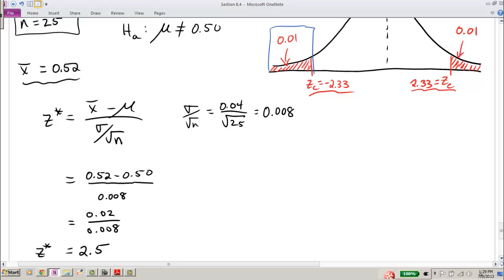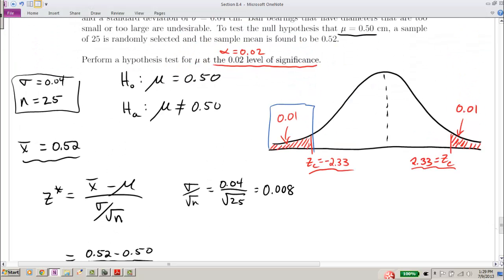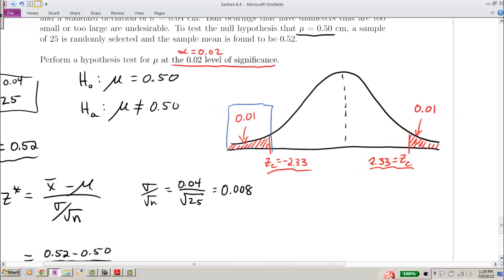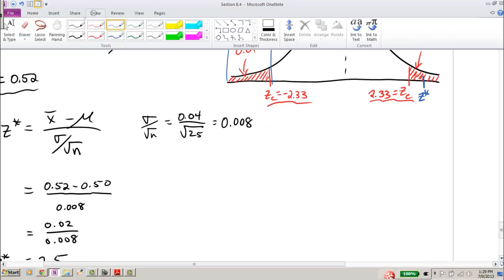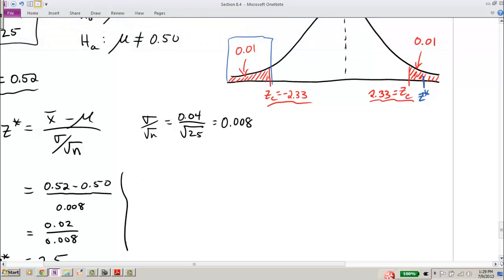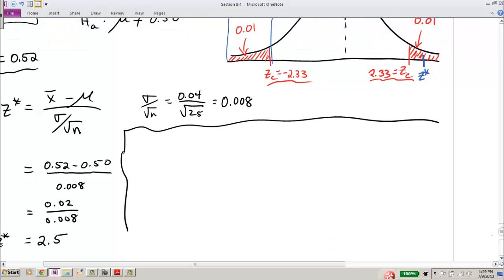Now let's compare that value of z star to our critical values. 2.5 is greater than 2.33. So that means our z star is right here, sitting right inside the critical region, and that means we need to reject the null hypothesis. It was too far away from our assumed mean value of 0.50, and so we reject the null hypothesis,